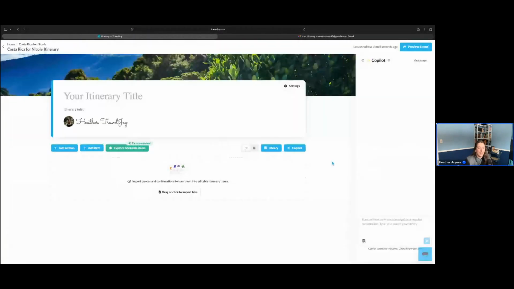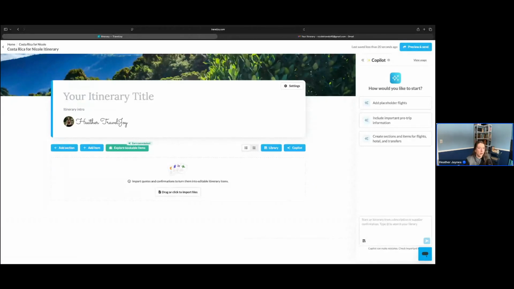Now, if you're creating a group itinerary and you did not already have an individual itinerary prepared, that's okay. You can build your itinerary using the tools here and following the steps in the guide called Create a Group Itinerary. You can find it in the link that I shared earlier in the chat. That's in our Help Center.